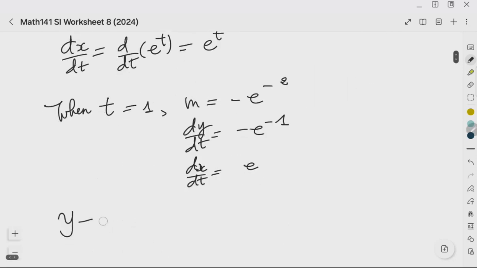Yeah, so I'm sorry, just give me a second to double check something. Yeah, so y minus e to the minus 1